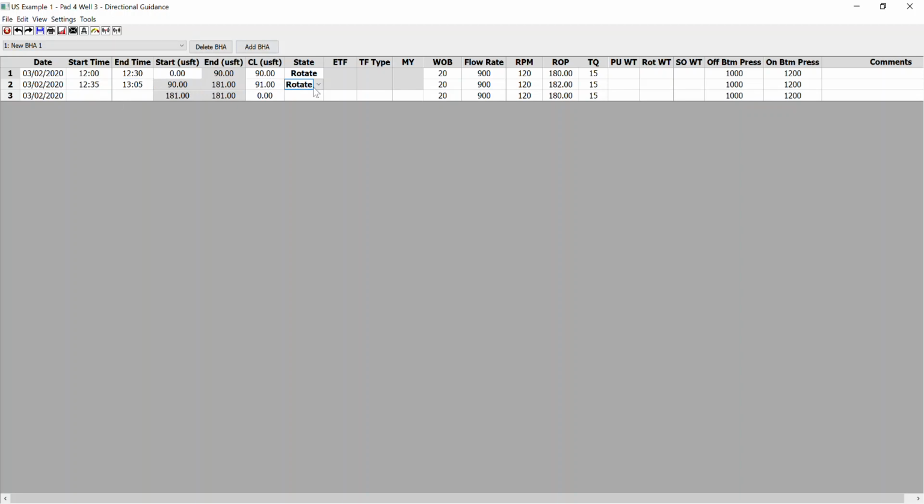In this case, we'll input a slide. So you'll see here we have a drop-down option, slide or rotate. And when you select slide, it's color-coded. So they'll be highlighted in blue, rotates in white. You can also select the tool face type and input the tool faces, depending on your columns that you've got